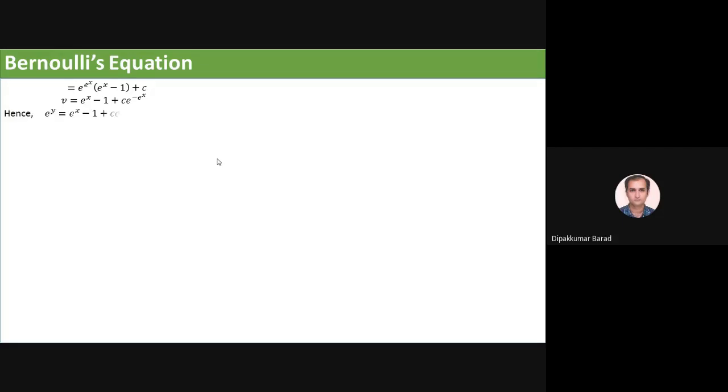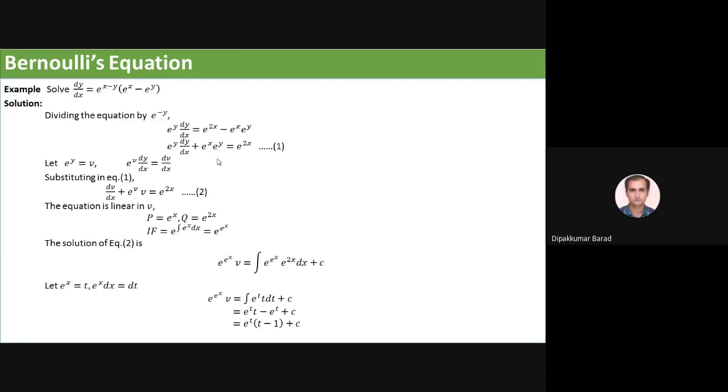Now v is equal to what? v is equal to e raised to y. So yeah, Karan is correct. Okay, we have considered e raised to y equal to v, and so here this is a correction. Okay, this is not e raised to v, this is e raised to x, and I write here p is equal to e raised to x and q equal to e raised to 2x. Integration of e raised to x is e raised to x. So e raised to x.